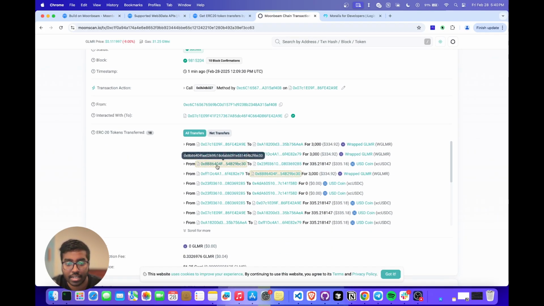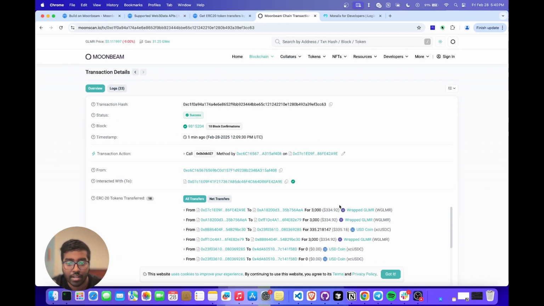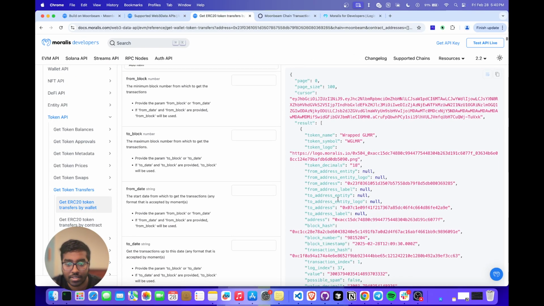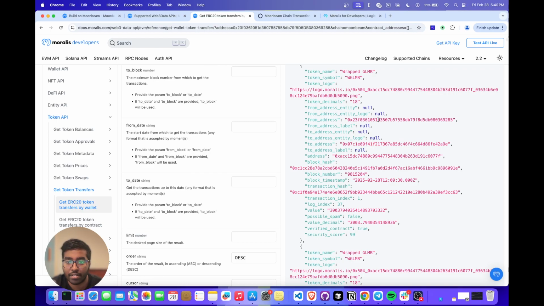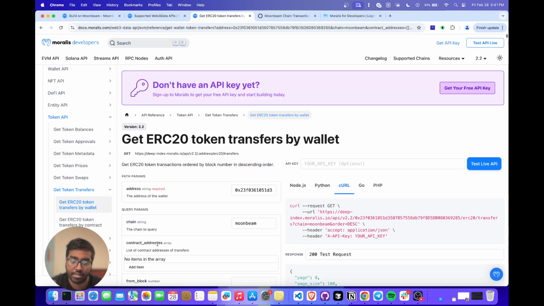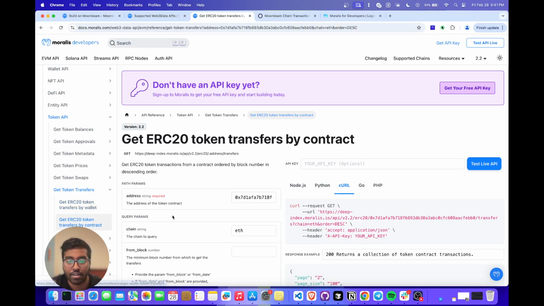And the user actually moved some GLMR tokens, I'm guessing. So that's what you see right here. So you can see that the token name was wrapped GLMR. You can see from address to address, how much was the value transferred, and all of that data, you get it right here through the transfers by wallet. However, if you want to get the transfers by contract, you can use the get ERC20 token transfers by contract